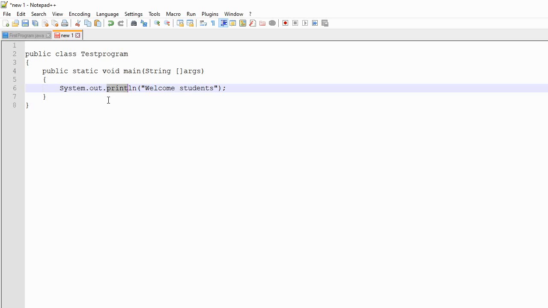Okay, so these are the two guidelines that you have to always remember while writing a Java program. Clear? Once you have written your Java program, then you have to save it. Now you have to remember that while saving the program, you have to use the same name which you have given to the public class. So I had given TestProgram, so I will use this name to save my file.